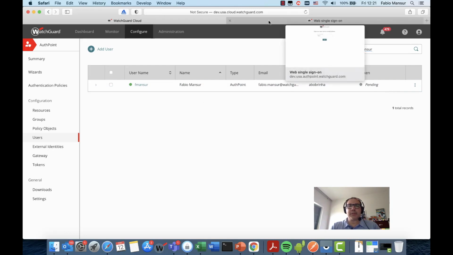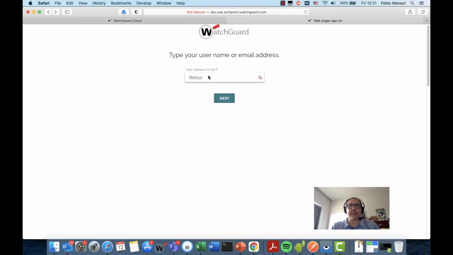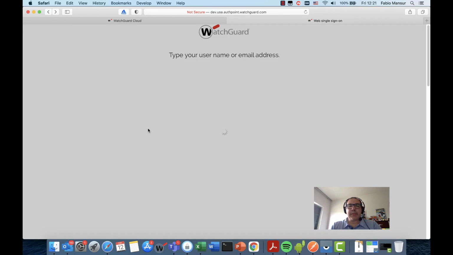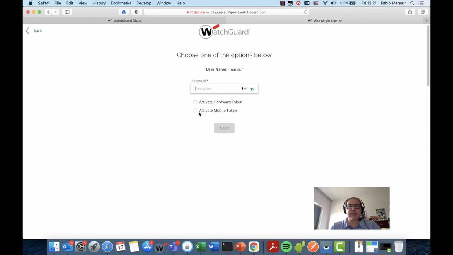So when the user goes to the IDP portal, or now it will be the self-service portal, and of course I have already defined my password before logging into this. So when I log into the IDP portal now, when I go to the next, the system identifies that I don't have any tokens available for this user, or active tokens. So I give two options for him to activate a hardware token or a mobile token. So I type in my password,